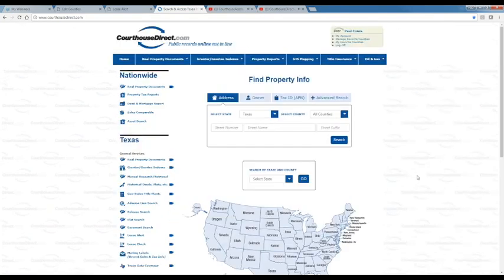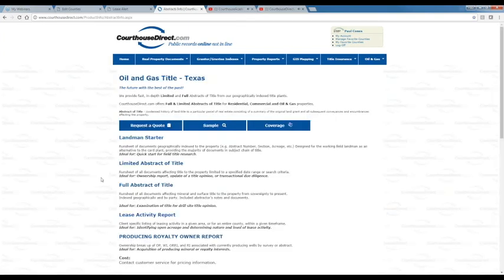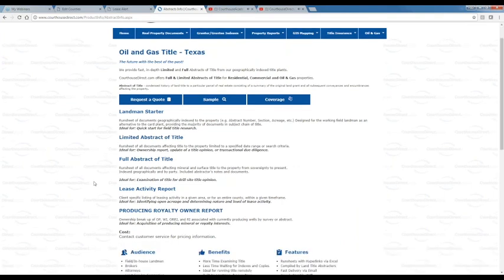The last thing I want to look at on the oil and gas side is the different tools that we provide for oil and gas. We have a product, it's kind of unique in some ways. We call it a Landman Starter. As you recall, I was building that run sheet, adding all that information into the run sheet, and then from there I was building a report. If I click on this Landman Starter, you'll see these are all our Landman products. Landman Starter is like a takeoff out of the title plant that we're providing to you,